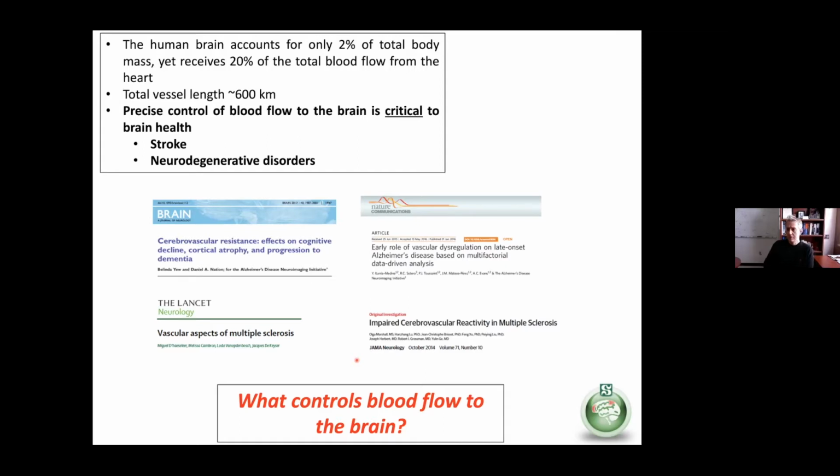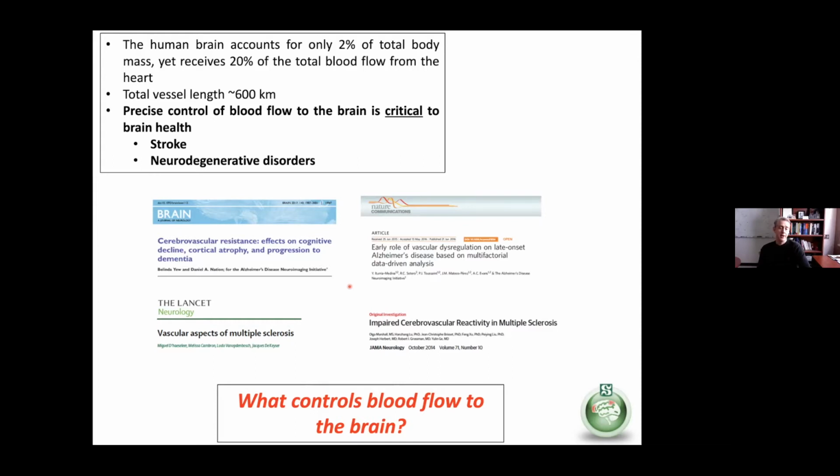But the lack of blood flow also has other effects. If it's not a complete lack of blood flow, you can generate hypoxia in the brain, or the lack of oxygen. Now, the brain can't stockpile oxygen. So as soon as there's a reduction in O2 levels, you may not have a full stroke, but different symptoms may start to appear. And we've known for a long time that these vascular components are quite critical in different neurodegenerative disorders. Even a fairly large paper coming out of the MNI found that vascular features may actually be some of the earliest biomarkers in age-related cognitive decline or dementia or Alzheimer's.